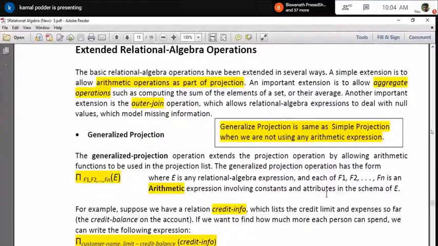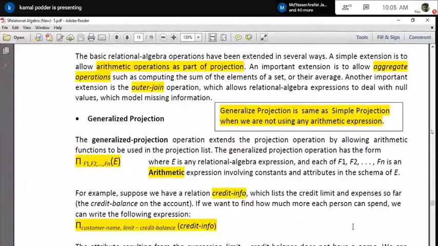Although you are just giving the SQL to the database, ultimately it is generating that expression. So we have to analyze that expression, not the SQL, when you are trying to optimize your query. Now I will cover some of the extended relational algebra operations. There are a lot of them, but I am not going to touch everything. I will just discuss some of the operations which are frequently used in different expressions.